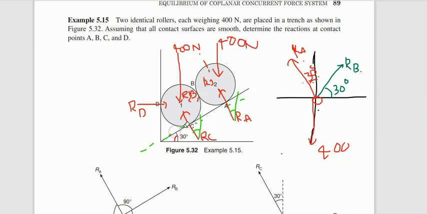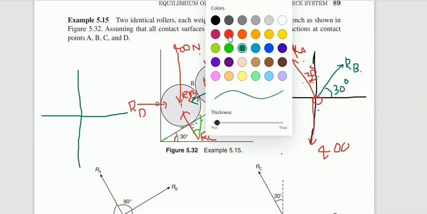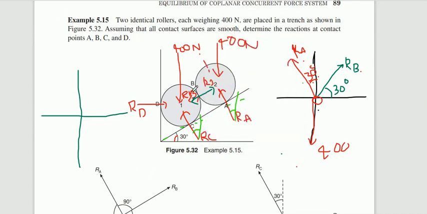Yes, ma'am. So now you have to consider sphere 1. Here is RB, just wait. Now consider the free body diagram of sphere 1. Consider the natural x and natural y axes and draw the forces here. 400 is the weight, moving downward. This is our reference point, and 400 is moving downward. And RD is in this direction.